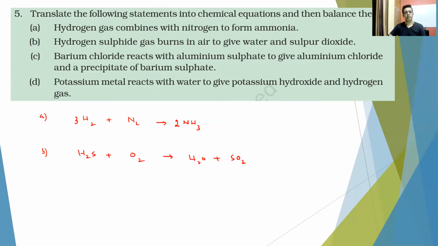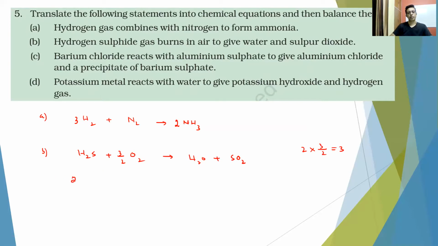Hydrogen is balanced. Now we'll try to balance oxygen. Oxygen is 2 plus 1, 3 here, and this is 2 here. So we can make it equal by multiplying O2 by 3 by 2, and now the oxygen becomes 3. But in this type of case, to convert it to a whole number, you can multiply the entire equation